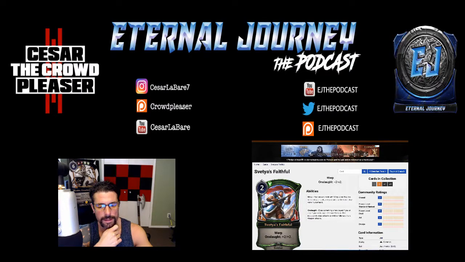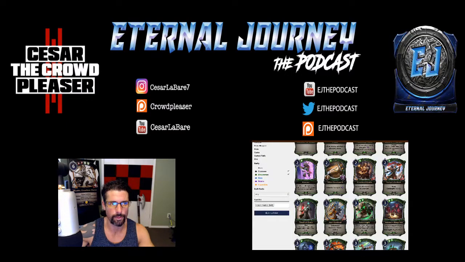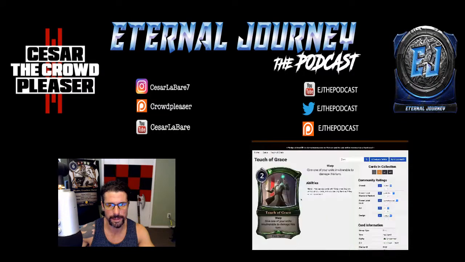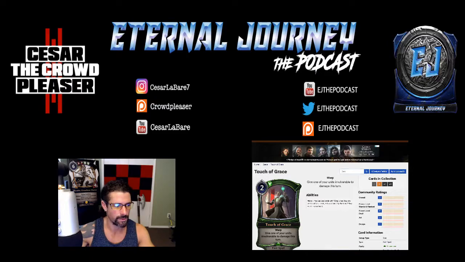It just does so much work. Not really sure why it feels that way. At the end of the day, it's just a 3/3 for 2 with a little bit of work to get there, but maybe the warp is relevant. So yeah, I'm giving Svetya's Faithful a 3/3. I like this card. I think it does more work than it seems like on the surface. Granted, occasionally you will play it as a 1/1 for 2, which you aren't happy about, but that is sometimes